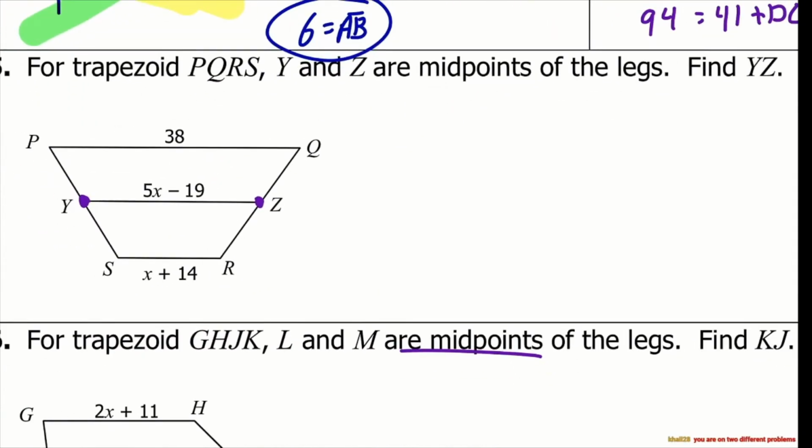So we'll just plug in. It starts off with the midsegment, 5x minus 19 is equal to